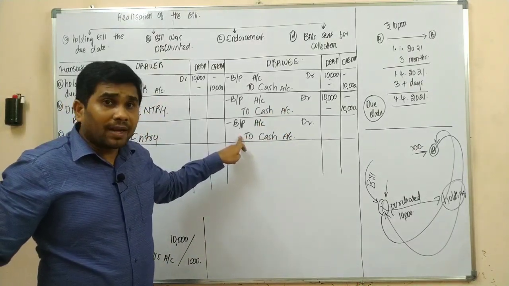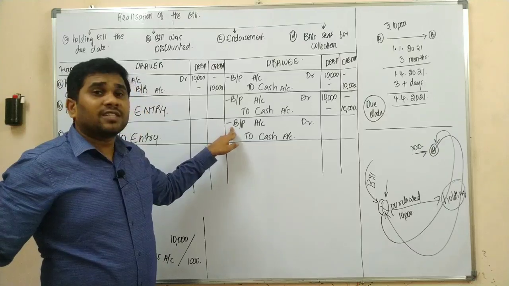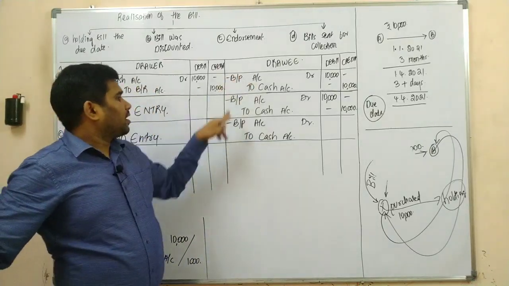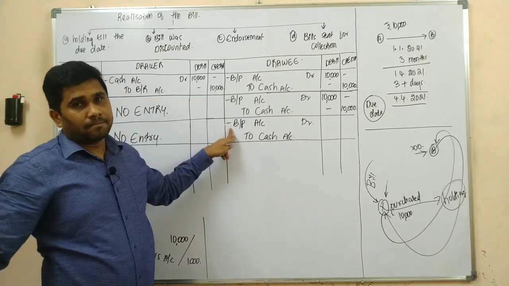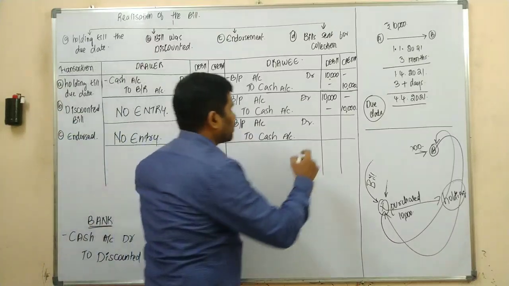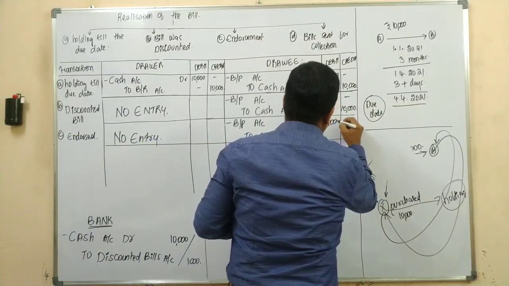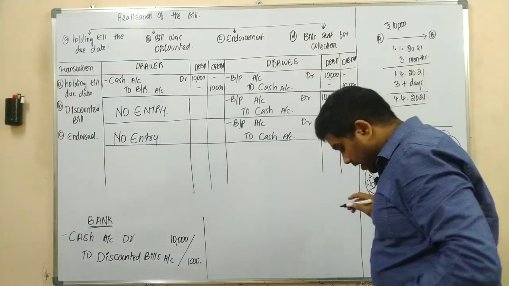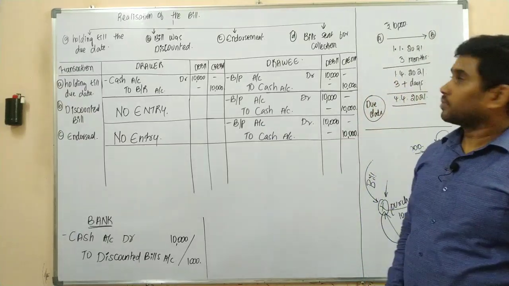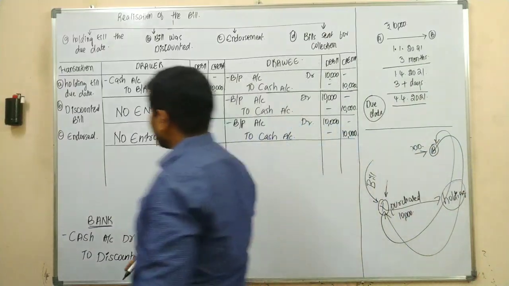And upon payment, the bills payable, which is a liability, would be no more liability to Mr. Drawee, and we are cancelling that liability. Bills payable account debit to cash account. So how much was the bills payable, sir? 10,000 rupees of debit and 10,000 rupees of credit. Yes or no?